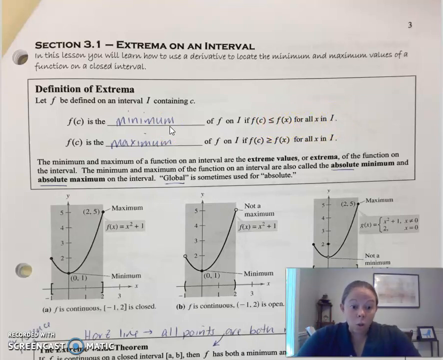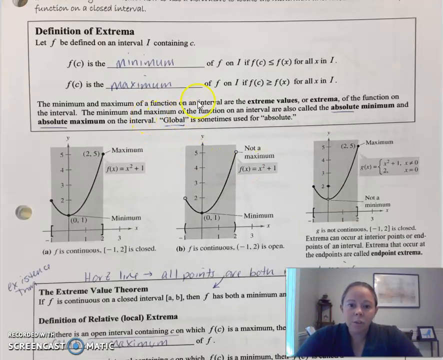So basically it's the lowest point in the interval. And then the maximum is the opposite, so it's the highest. Notice it's f of c is greater than or equal to f of x for x in that interval I, right? So the min and max of a function on an interval are extreme values or extrema of the function on the interval. The min and max of the function on an interval are also called the absolute min and